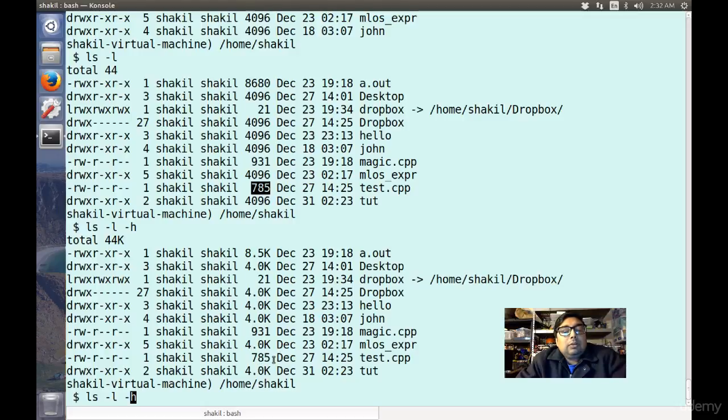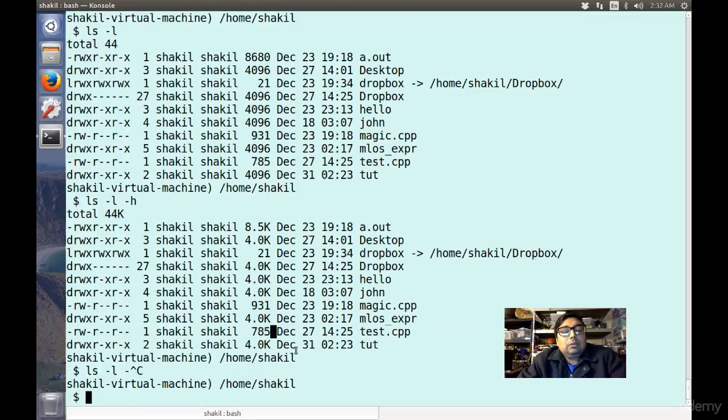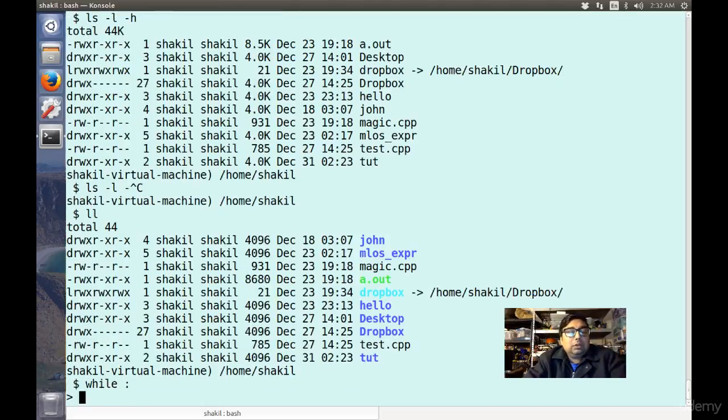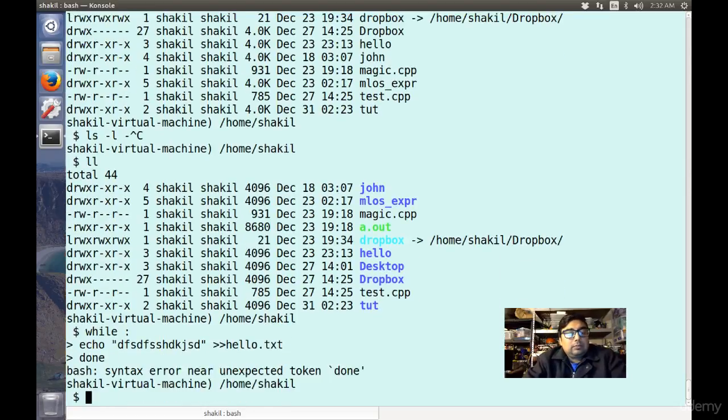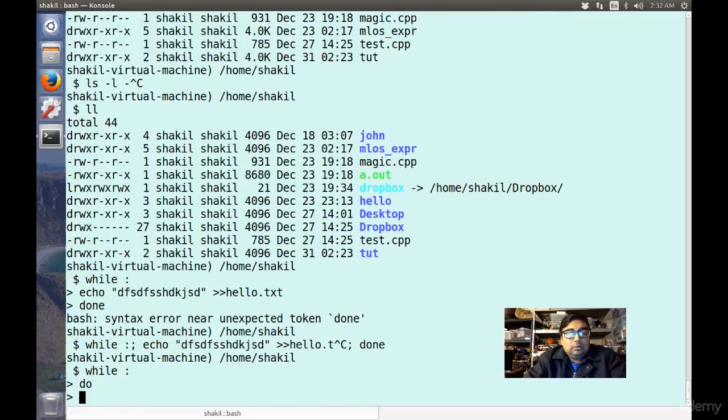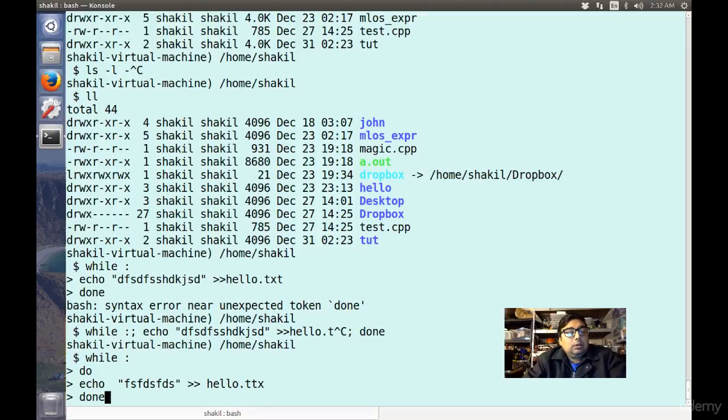So here I have a very small file, so it's not giving me that option. But if I wish to, I could create a large file at any point of time. Let me quickly create one file which is very big in size. There is some junk data, and then I will say hello.txt and done. So I'll have to do, I forgot to give the do. So while true, then say do and say echo some data into some file, hello.txt, and whatever, and do